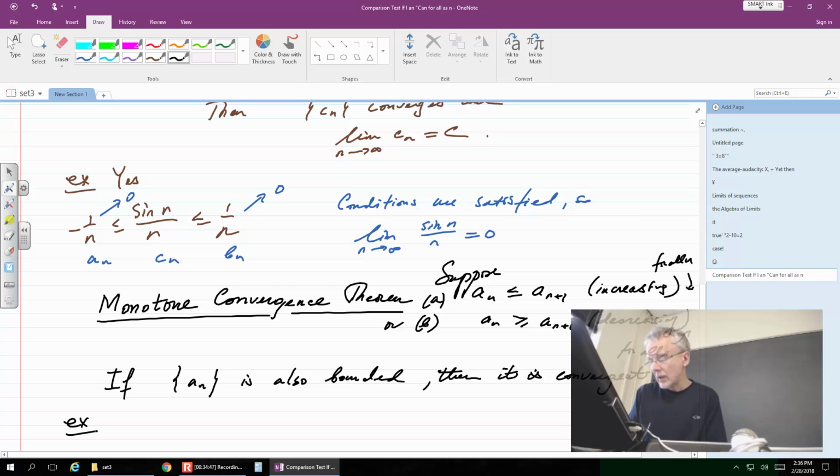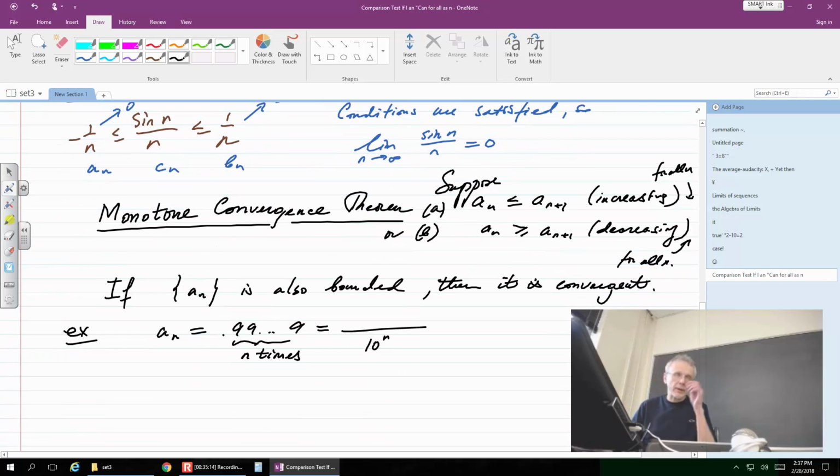Just in case you don't remember, it is this sequence a_n equal to 0.999...9, n nines. So that's what our sequence is, n nines, which means the explicit formula will be 10 to the ninth, and what's the numerator? So I'm talking about the decimal representations of numbers, and I want to point out, as I did last time,